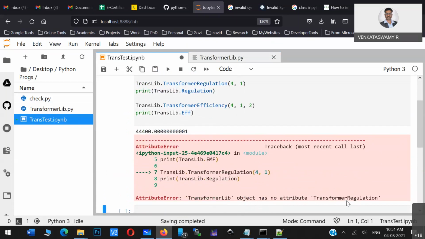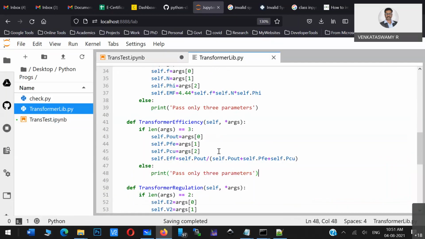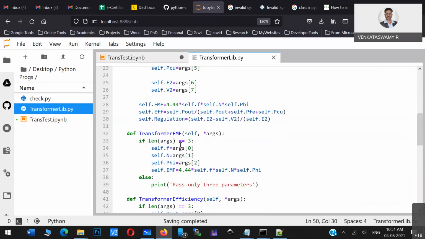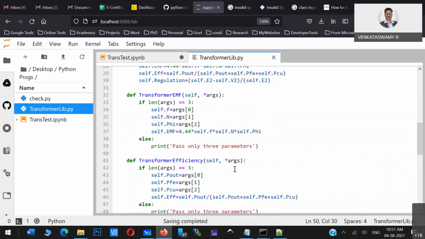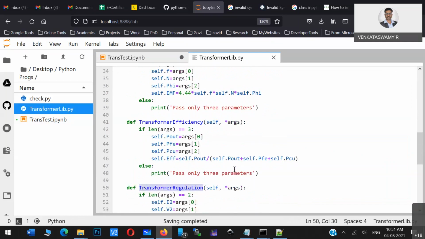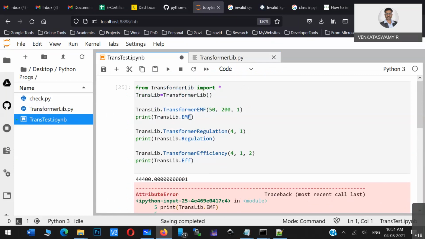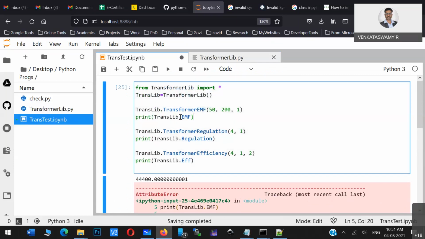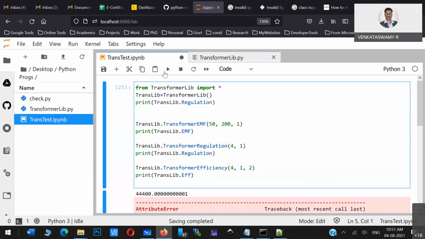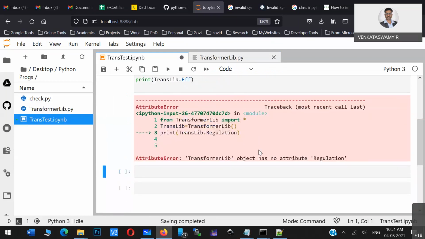No attribute transformer regulation. So transformer EMF is there, means regulation also should be there. So now before this, is there any constructor? Transformer dot regulation.